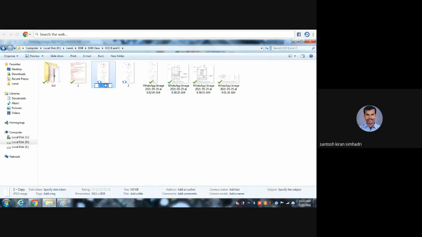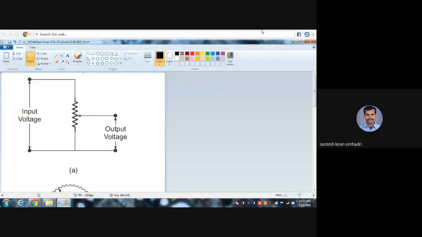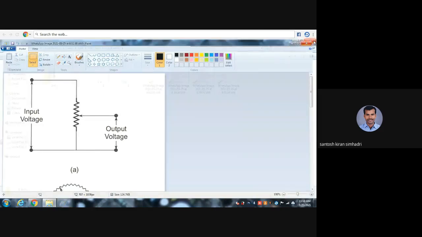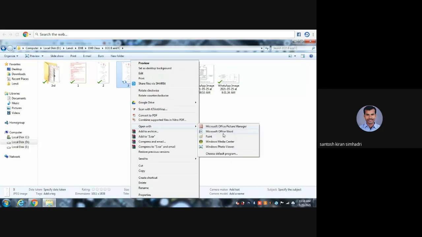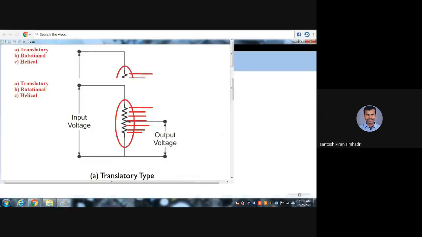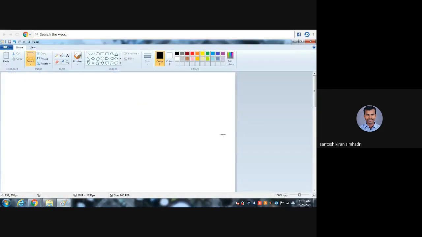This can be treated as a third one. Okay, I will close this one. Once I have closed this one, then I will open this third one and remove the internal content. No, not required. So Control A, delete, Control S.